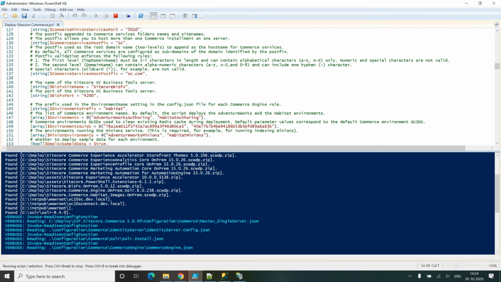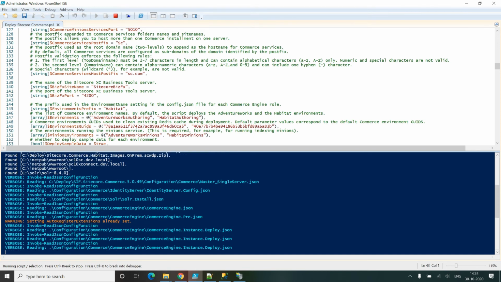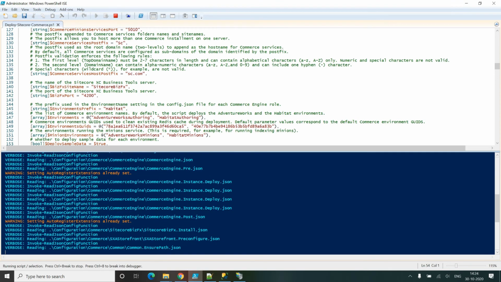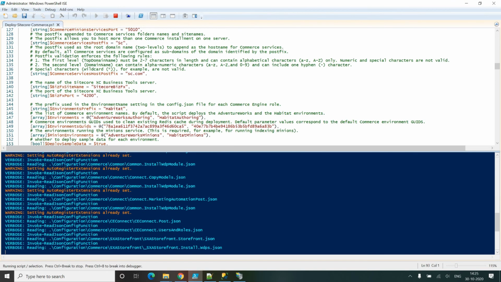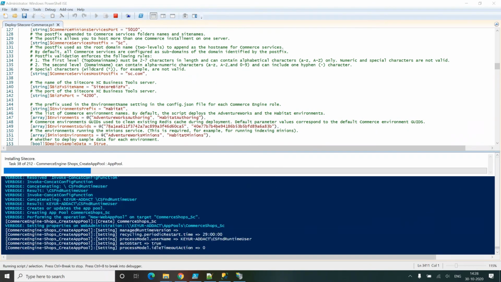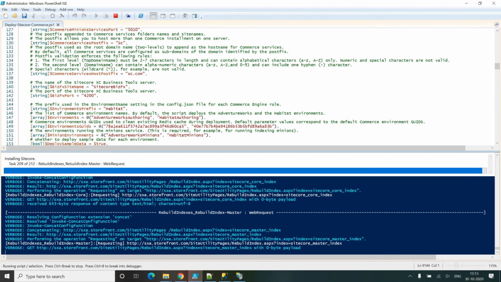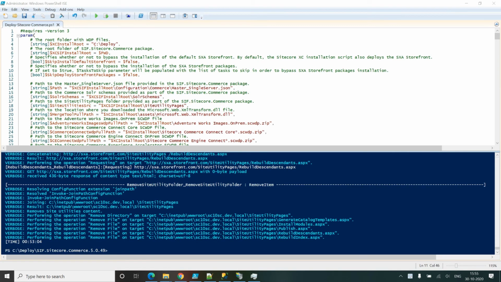Let me fast forward everything so that we jump into the last section of this setup. Now deployment is completed without any error.